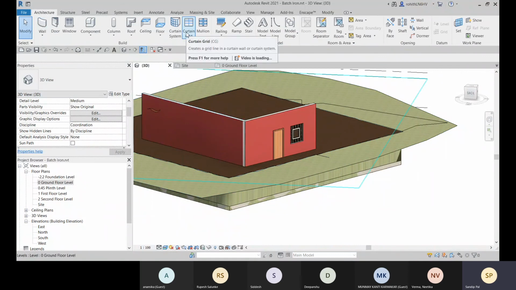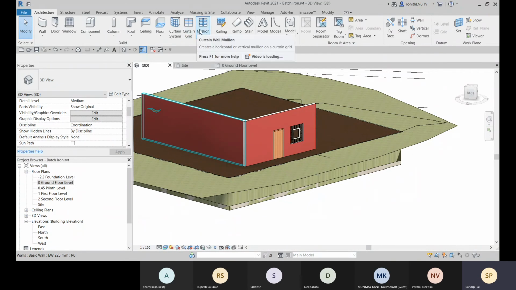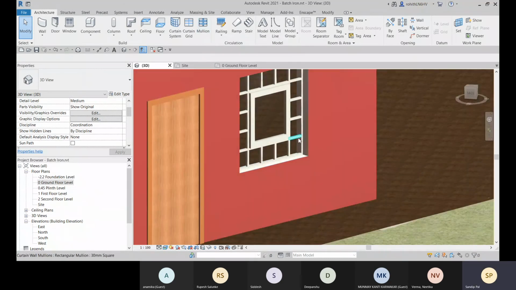Okay, so this way we can apply some curtain grids, some mullions. Even if you choose the curtain panel, you can make it exterior glazing, you can make it storefront after that also. So it is not fixed. If you are choosing curtain panel, it is only fixed to the curtain panel. You cannot add grids or mullions. You can apply the curtain grids and you can apply the mullions from here.